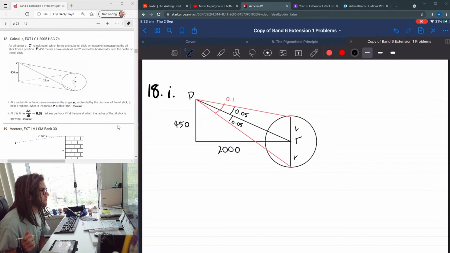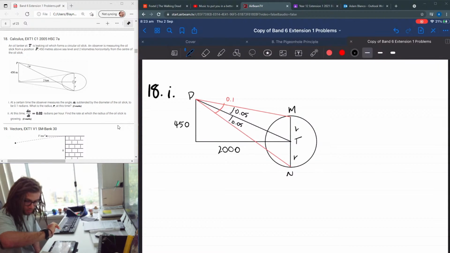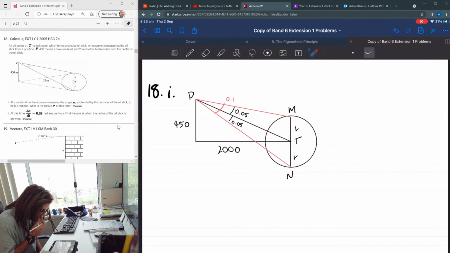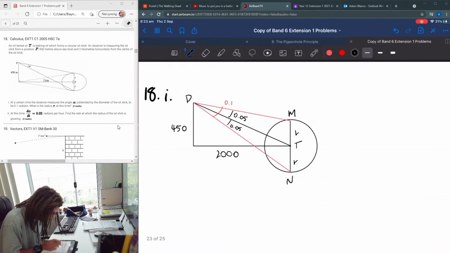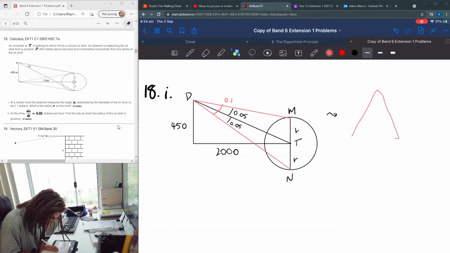Okay, is that everything? 2 kilometers. There's another point. Let's give these things names: P, M, N. Now we're trying to find R at this angle. There's not really much information other than, purely by observation, and I think it's a bit of a leap to get there, that this triangle that I've drawn in red is